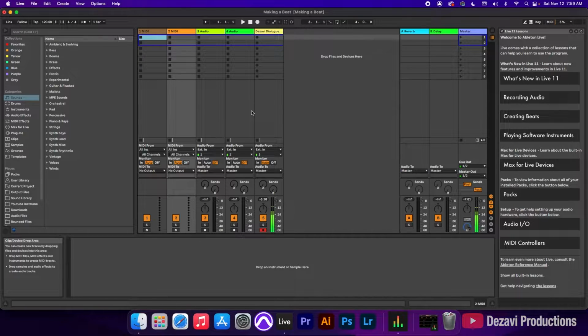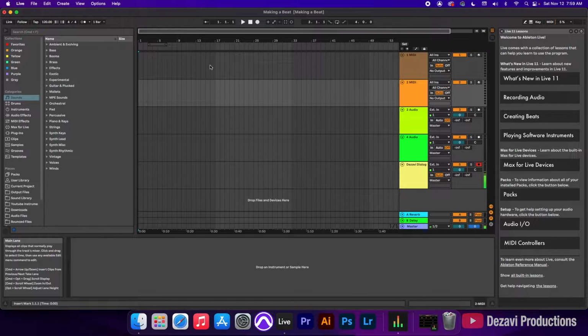And that's by building up loops here inside a session view. Then once I'm happy with what I got, I'll go ahead and record it into an arrangement view, which is this one right here. And then I'll start adding and subtracting instruments, building an arrangement, and eventually building up a